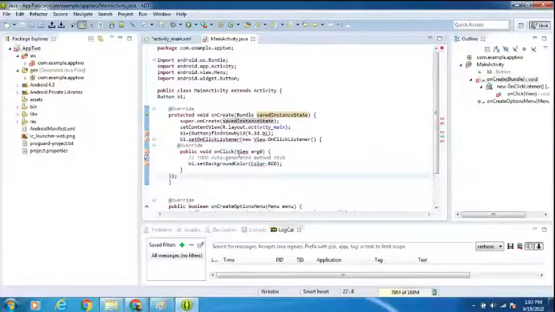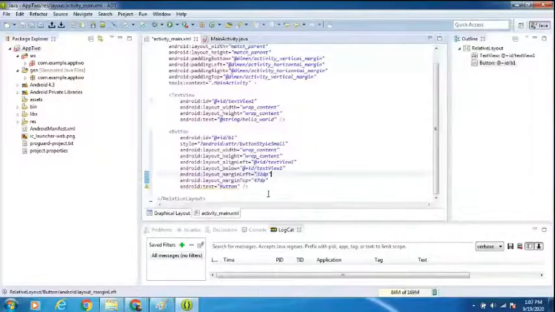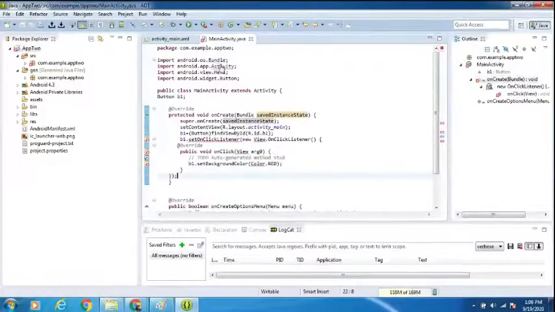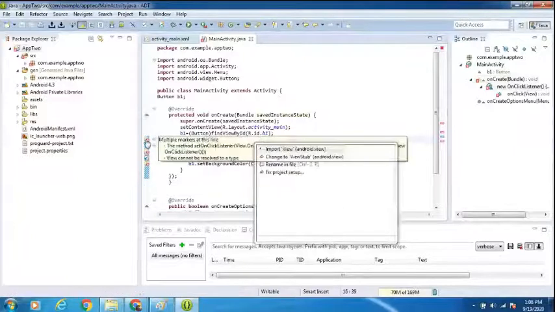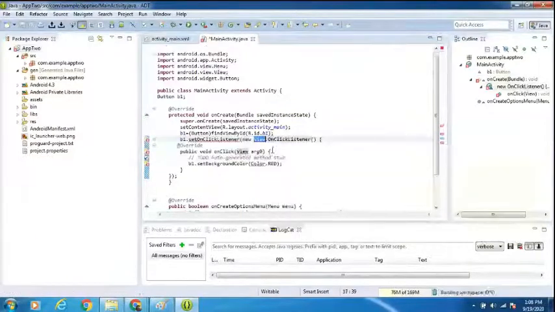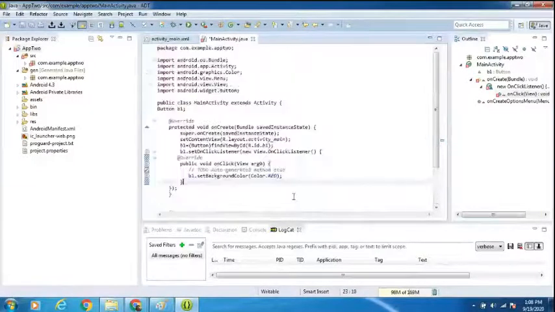Okay. After that, Control S, go for save.